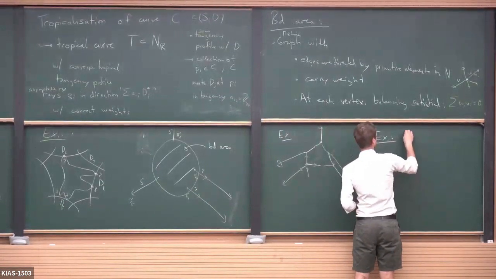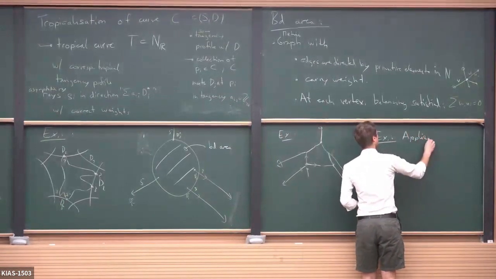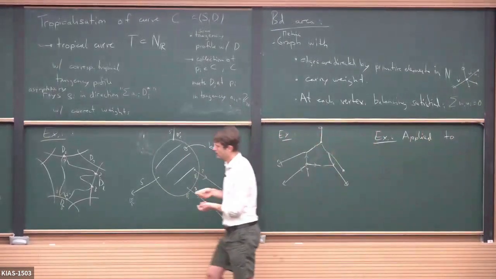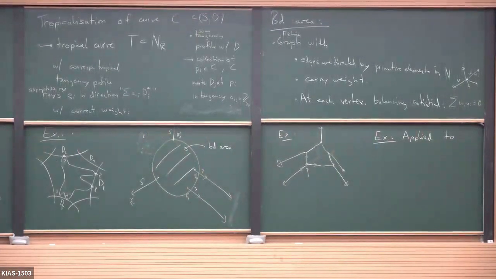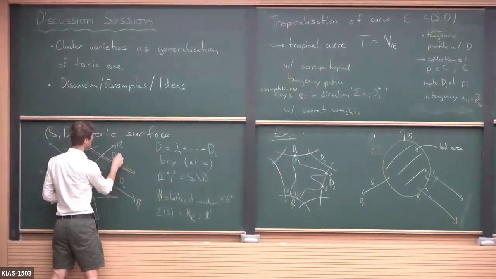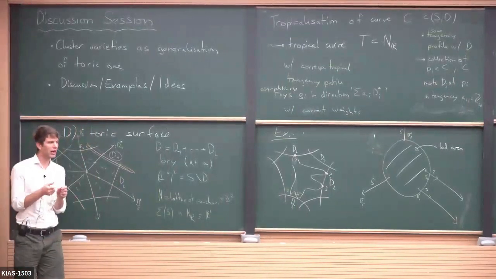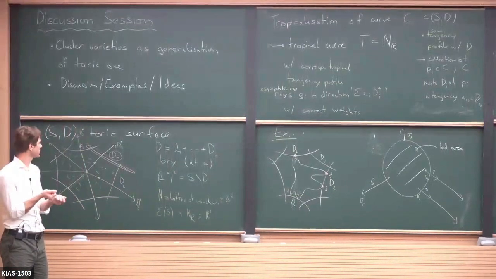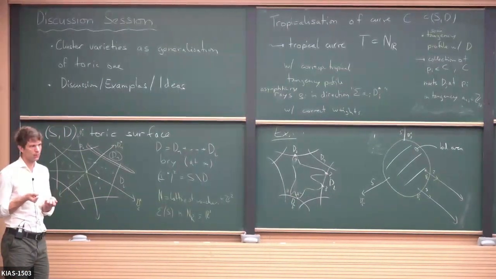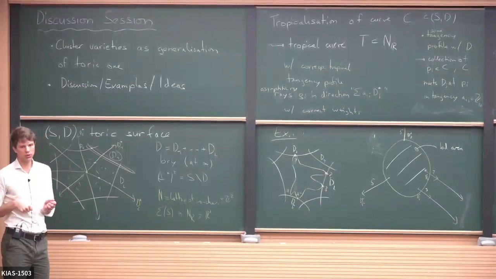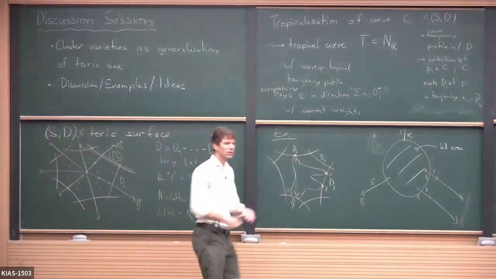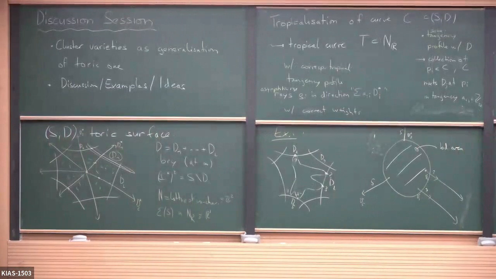Let's say we take this one, D1. So here's where I go a little bit more general than yesterday, because yesterday I always assumed our curves to generically be inside C star squared and only meet the boundary in a bunch of points. But here I really take a curve in the boundary, and it's important to do that. But the whole story also works. So if you apply this to D1,